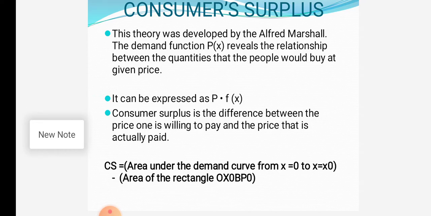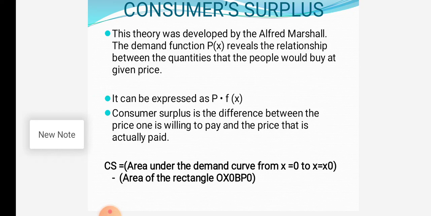Now, we learned about this topic in chapter 2, that consumer surplus is given by the formula potential price minus actual price. That is, potential price is the price that the consumers are ready to pay for the product that they wanted to buy, and actual price is the price that prevails in the market. The difference between the two is nothing but consumer surplus.